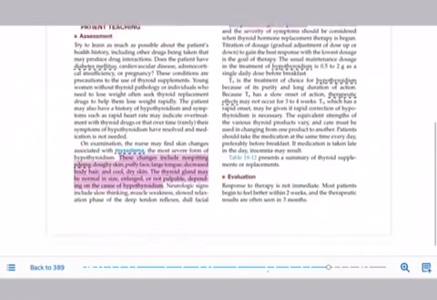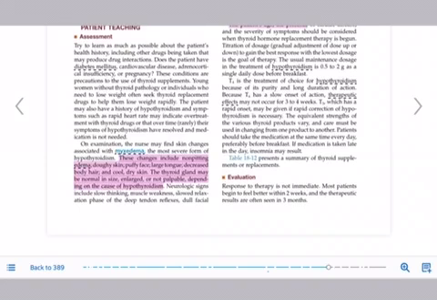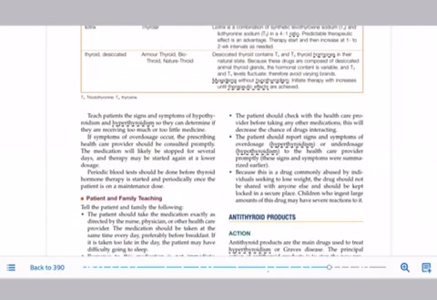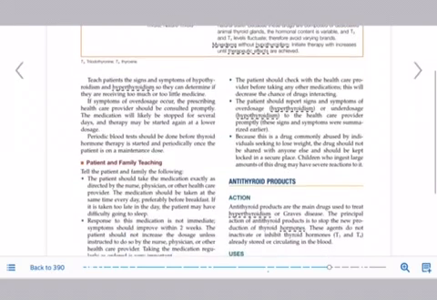All right. And remember, response to therapy is not immediate. Most patients begin to feel better within 2 weeks, and therapeutic results are often within 3 months. Remember, these medications should be given on an empty stomach before anything else is taken, not to be given with any other medications or food. All right, so take the medications as ordered. It says the medication should be taken at the same time every day, preferably before breakfast.